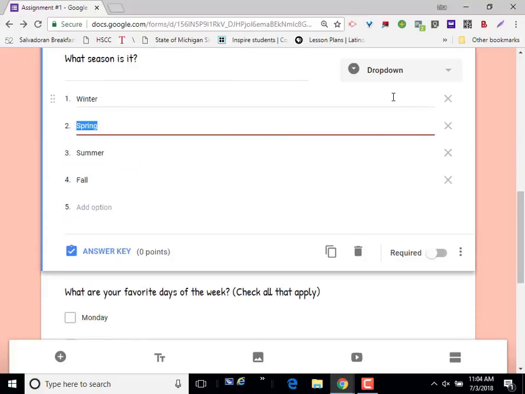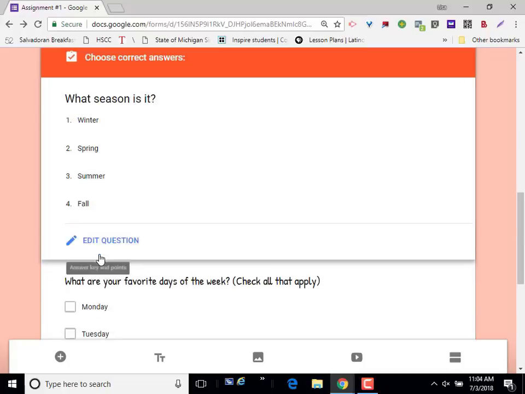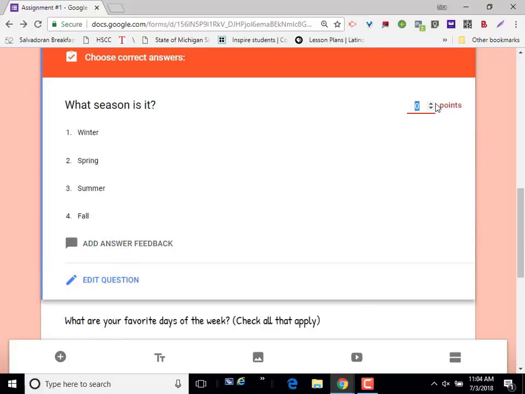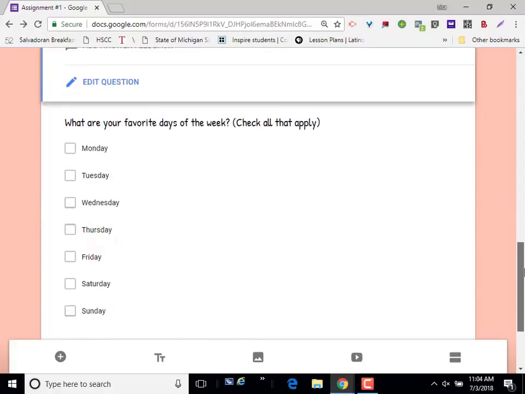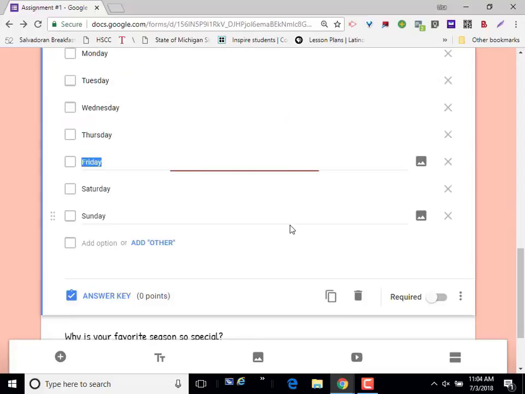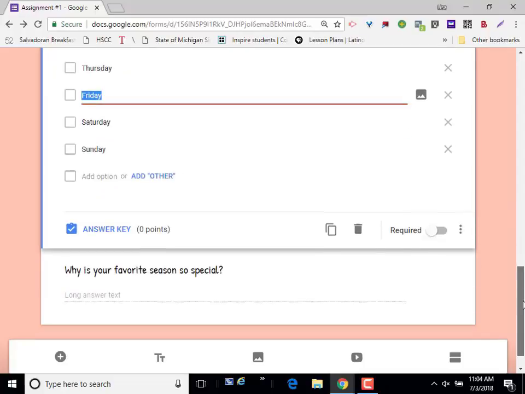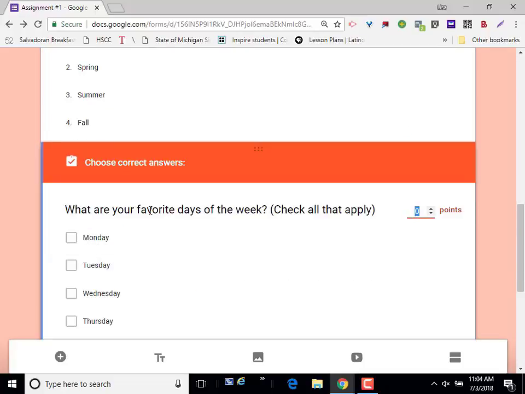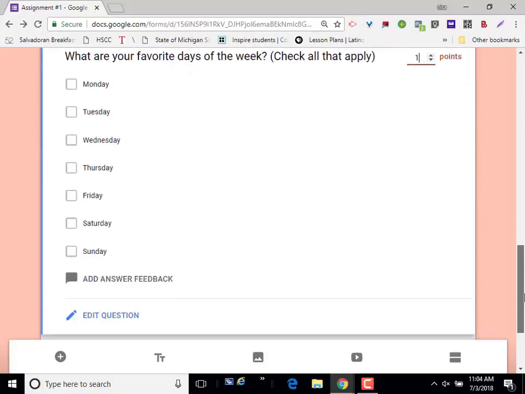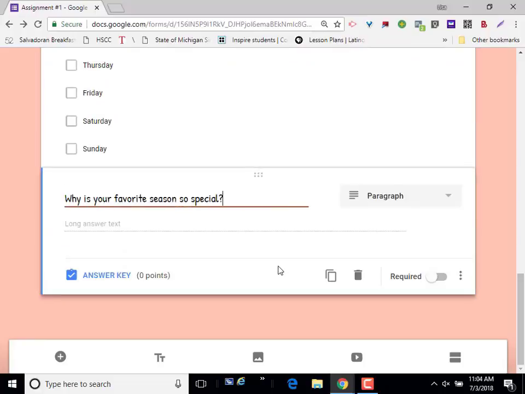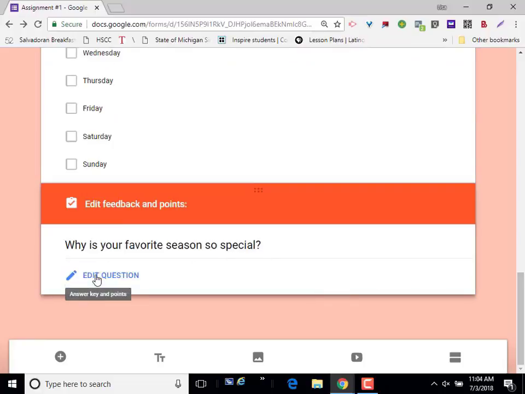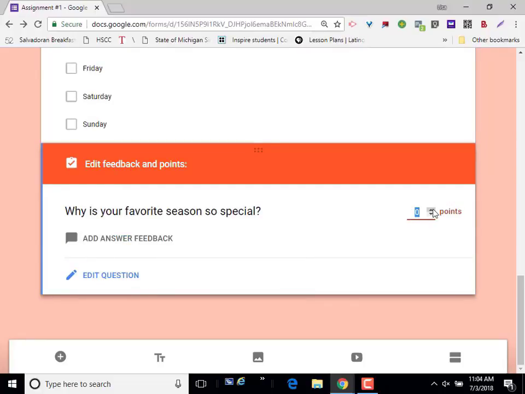I'm going to go down to the next one, and I'm going to set the value to my desired number of points. I'm not going to choose a correct answer. That's one that doesn't truly have one. And I'm going to also set this to the number of points. And you notice as I do it, I'm just clicking on the question, clicking on Answer Key, and setting the